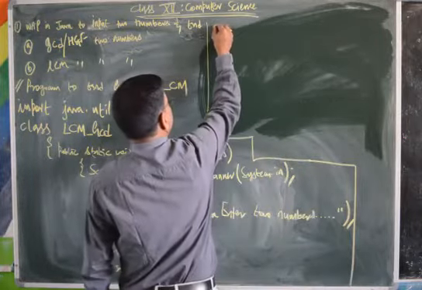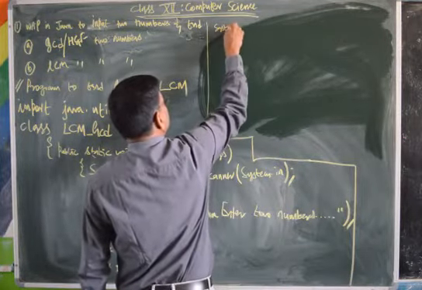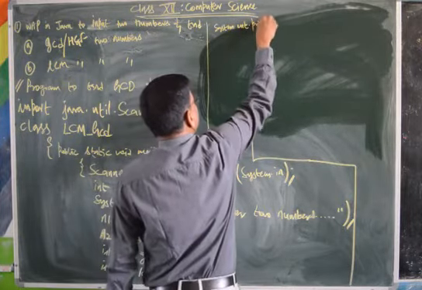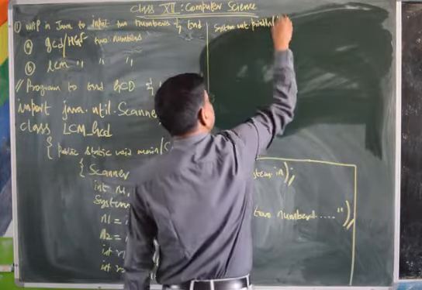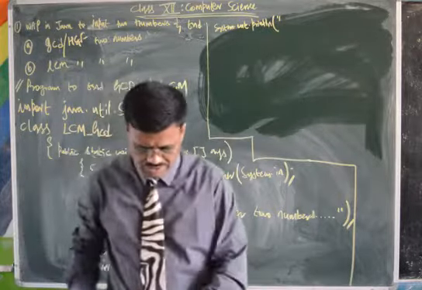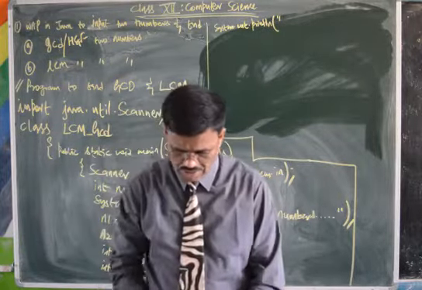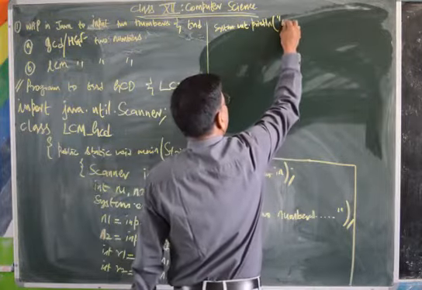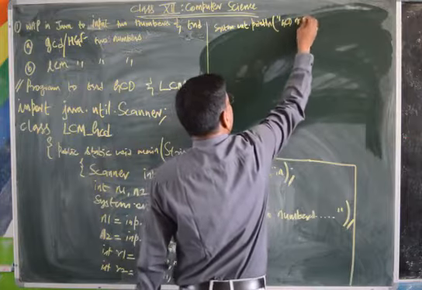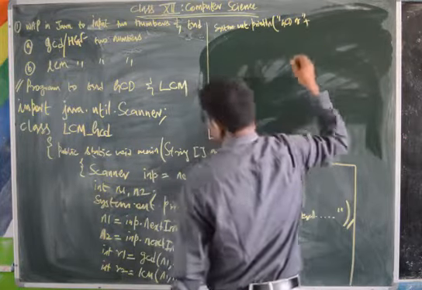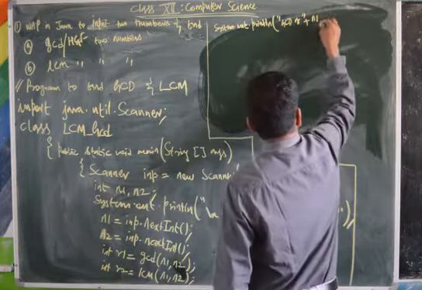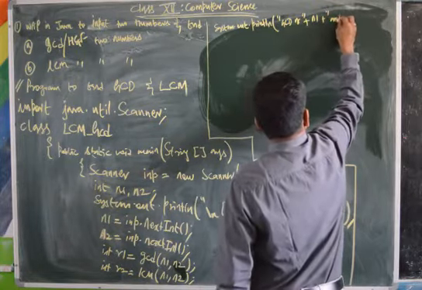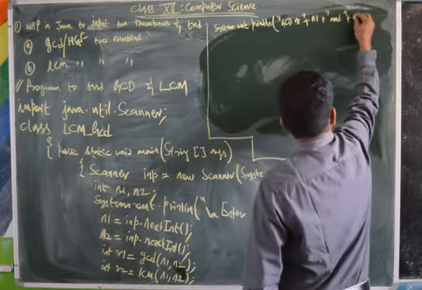What do I do is System.out.println. GCD of, what I am going to display is GCD of N1 and